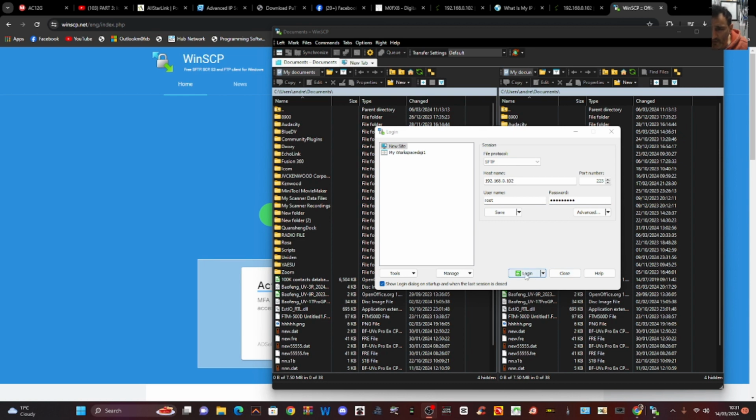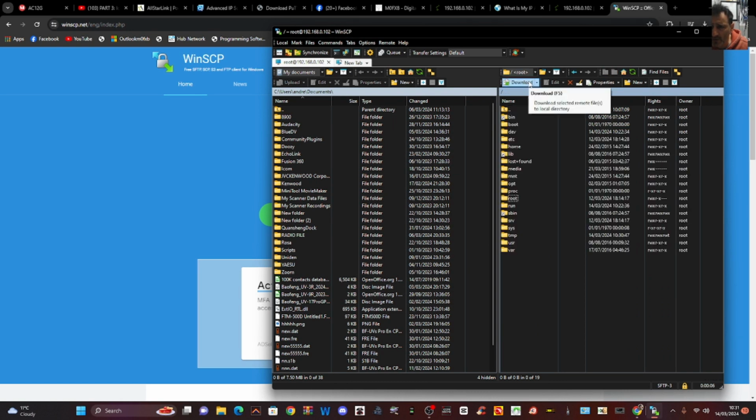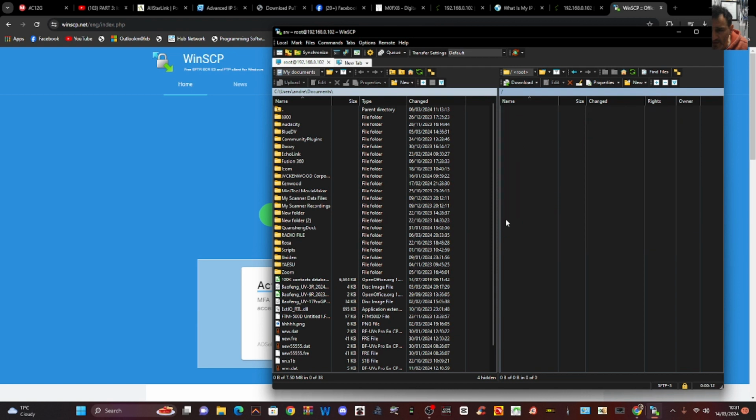Click login, and if you get it right, you get this nice window. So all we got to do is see where it says root. Just click that, root, and we're looking for one that's called SRV. So it's just down here, look, SRV. Click that, and then we're looking for